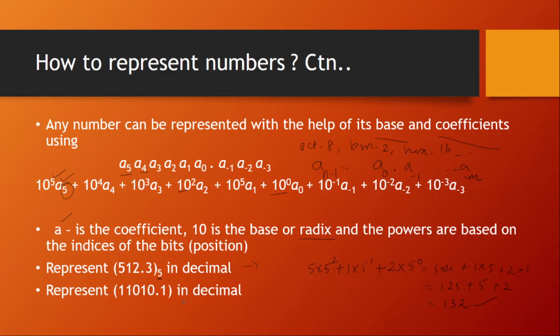And the next example what we have here, I have not mentioned the base, but it's understood since we have zeros and ones, we can assume that it's base 2. So when you want to represent this one in decimal format, since the base is 2, we start with the least significant bit, that is 0. So maybe I can write it down here. So 0 into 2 power 0, plus I'll take the first one, 1 into 2 power 1, plus the next bit is again 0, so 0 into 2 power 2, and you can keep on going till you reach the mantissa